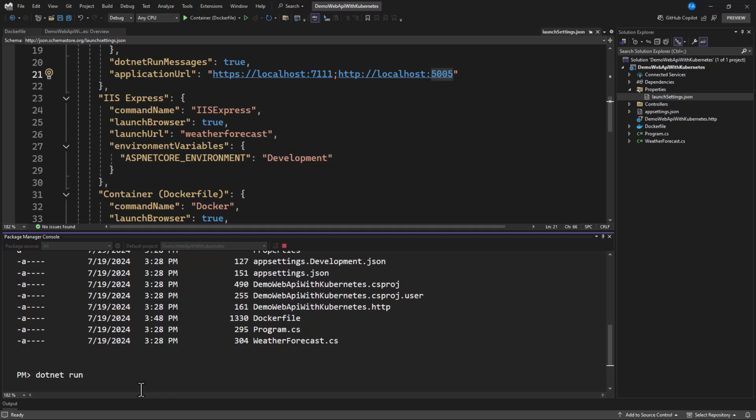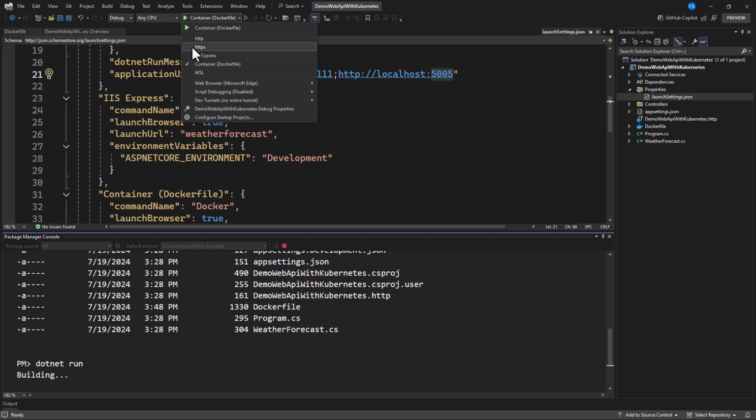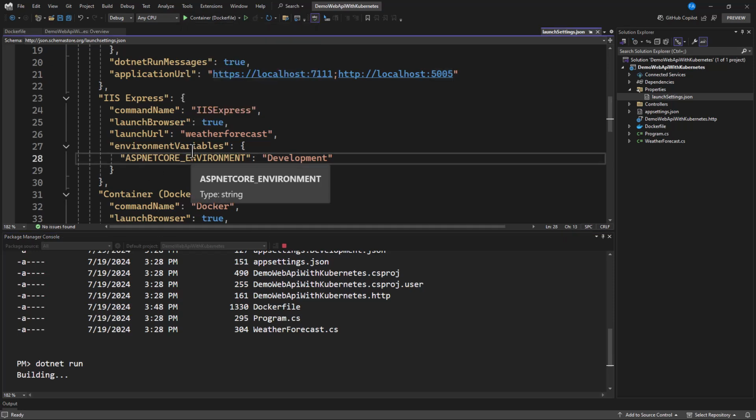If you don't want to use this command line, you can just go straight ahead and click on this. You're going to select HTTP or HTTPS based on the port that you want to run, and I get it to run. By default, it's going to run on HTTPS. So let's wait and see it building, and now you must see the Swagger UI as soon as this project gets built and runs. That's right.